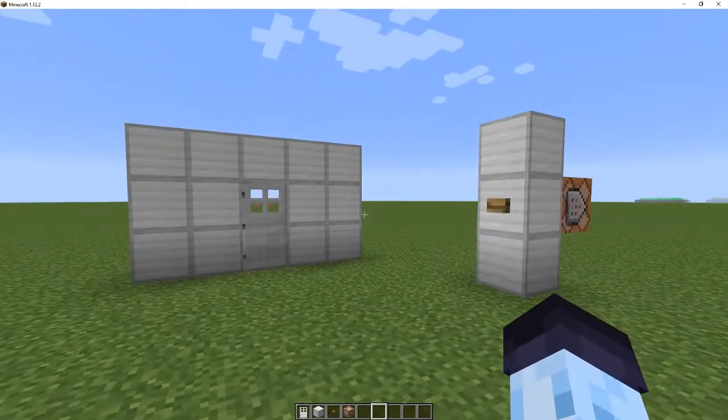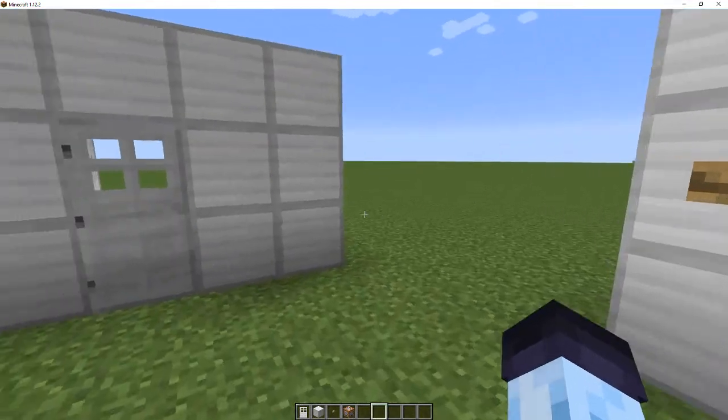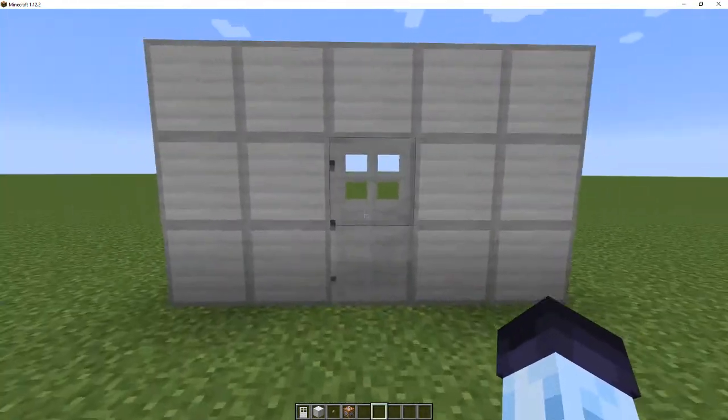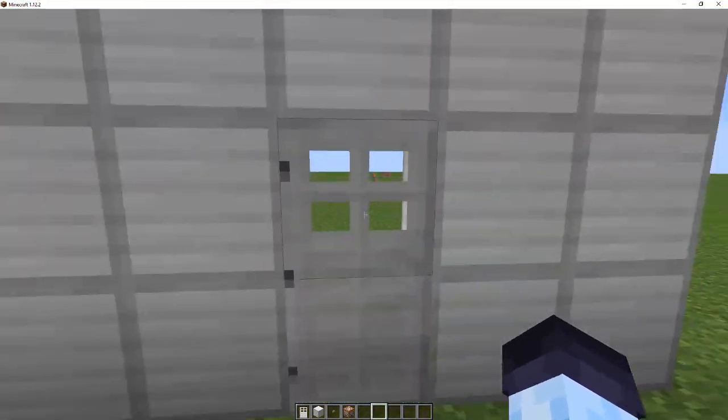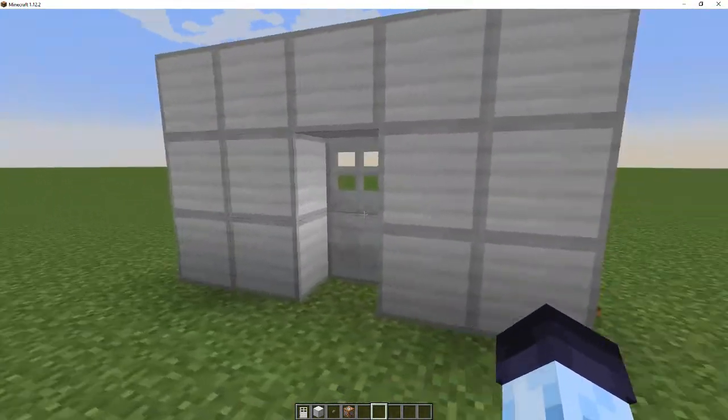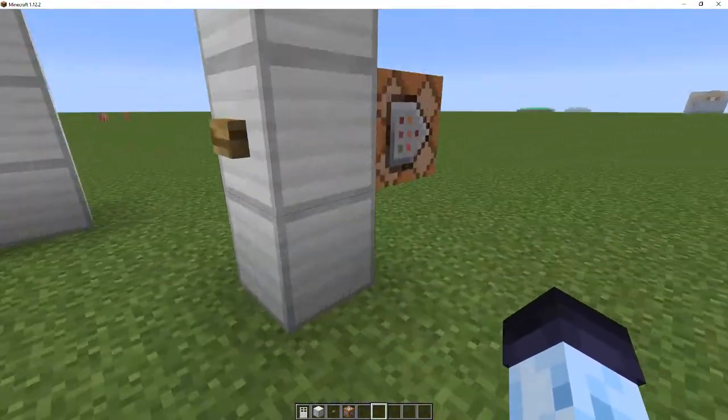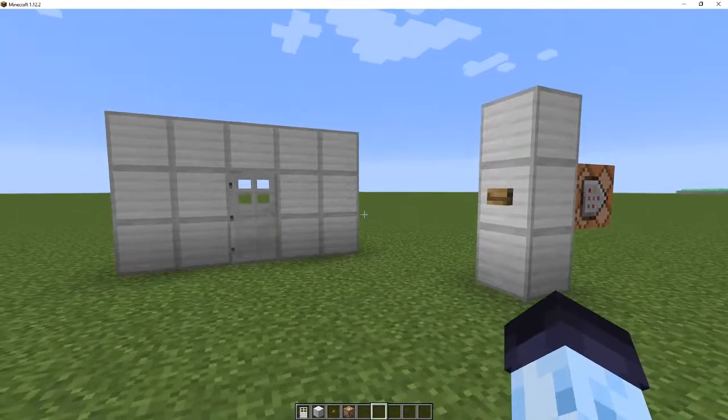So let's say we have a puzzle. We press the button, there will be a menu, and then if I complete the puzzle, the door would be open basically. So how can this be achieved? Let me first